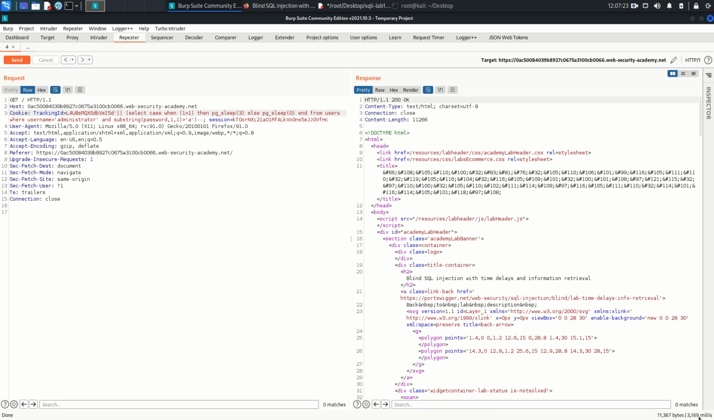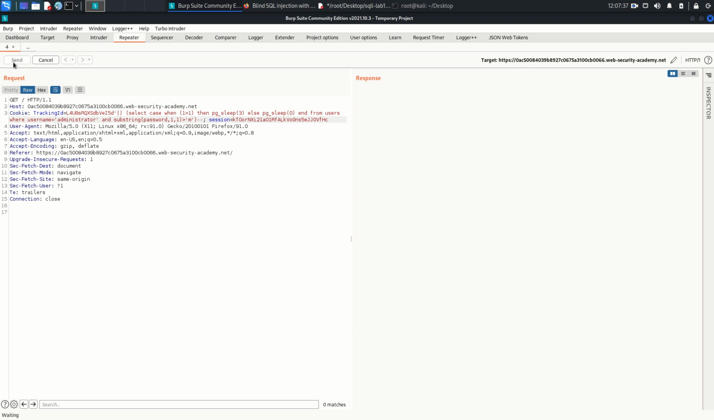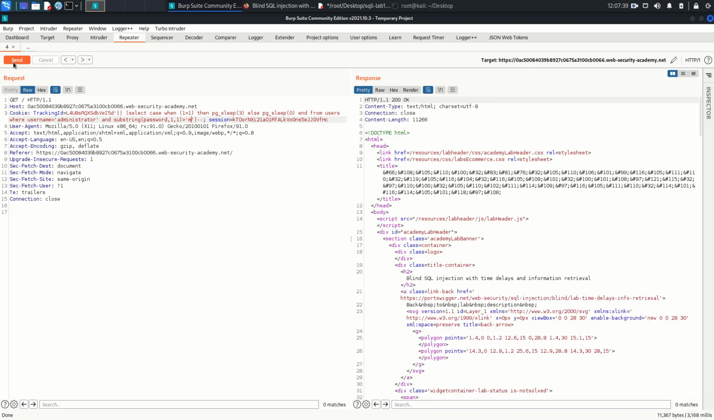And as you can see, there is a 3 seconds delay in the right hand bottom side corner, 3169. That means it is greater than A. Now let's try greater than M. Yeah, it's greater than m. Let's try greater than n,